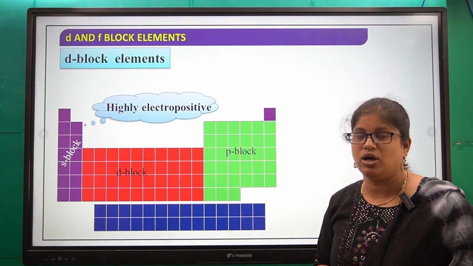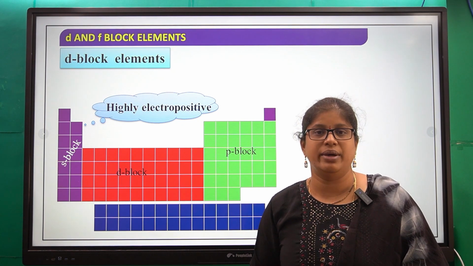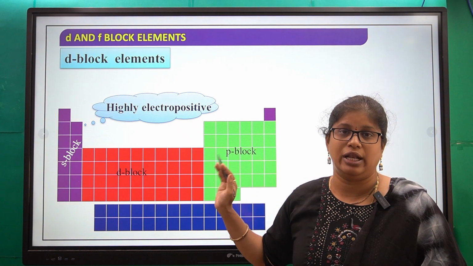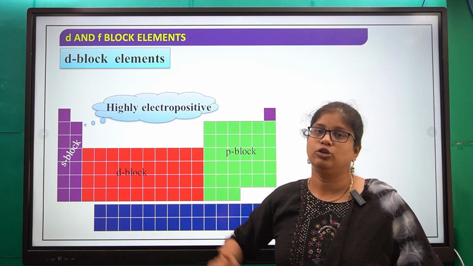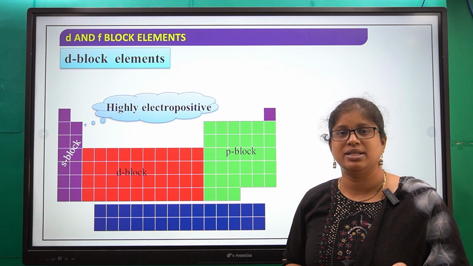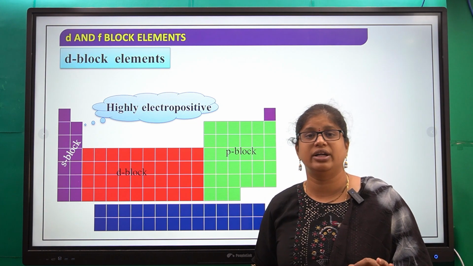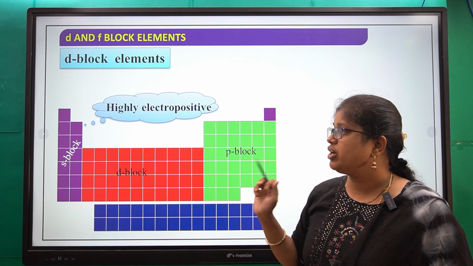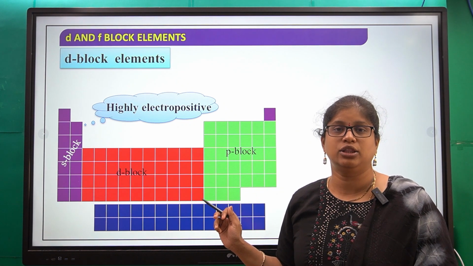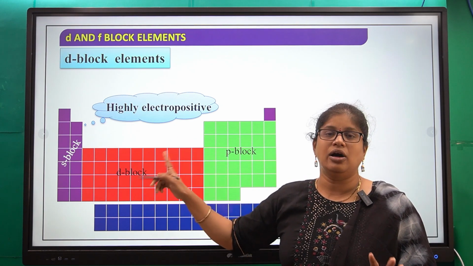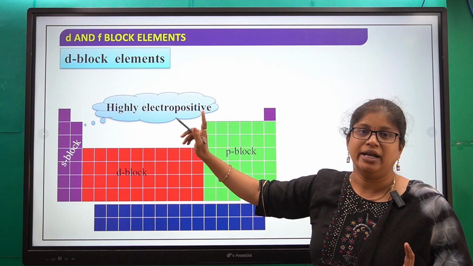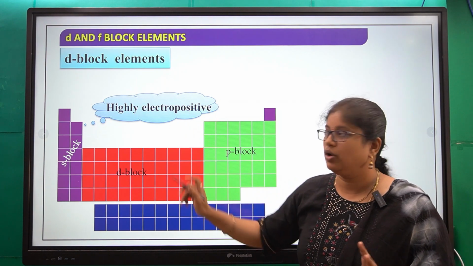Already we discussed S block elements. S block elements are more electropositive, highly reactive elements because of their highly electropositive nature. S block elements, generally the first group elements, are called alkali metals. Don't forget the common names of these groups. First A group elements are alkali metals, second A group elements are alkaline earth metals. So these alkali and alkaline earth metals are highly electropositive and they are more reactive. Okay, next